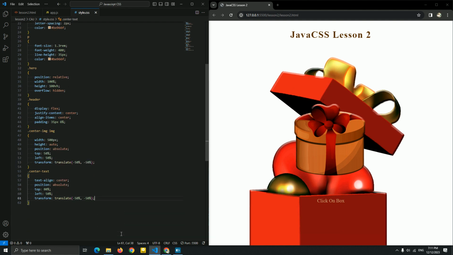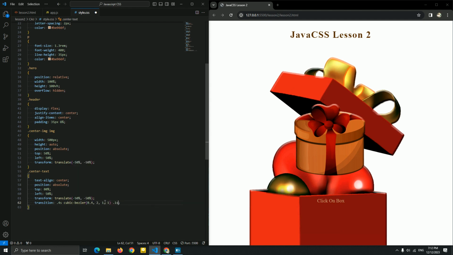And let me add a transition because we need a transition for a Java CSS. So if you want to add effect for your website when you use a Java CSS, you always need to add a transition for the effect. So I'm gonna add a transition, guys. Just don't forget about this. Listen 1 second, and I'm gonna add the cubic bezier.